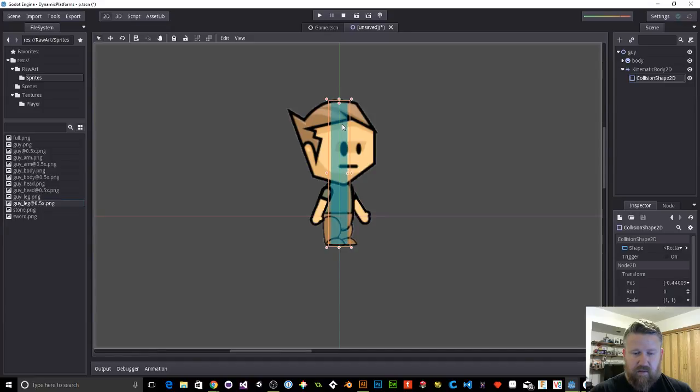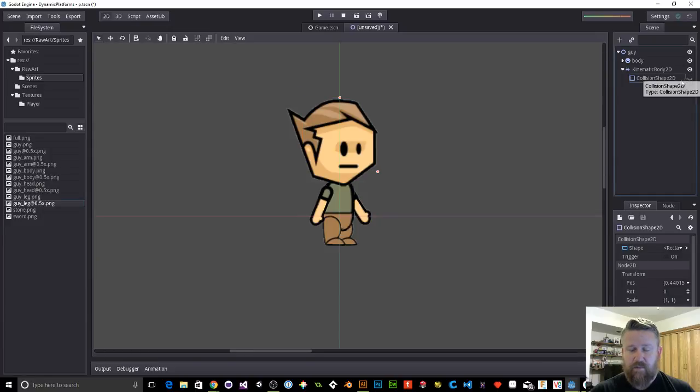If the Godot developers are listening, it'd be really awesome on the collision shape if it had a handle on each side, so I didn't have to center it to scale it. I'm just going to get close. I'm not going to waste too much time on the collision shape. Good enough. Now I will hide the collision shape so we don't have it showing,